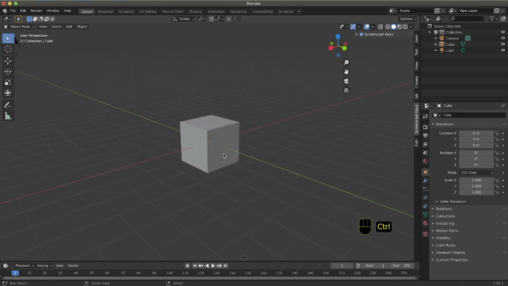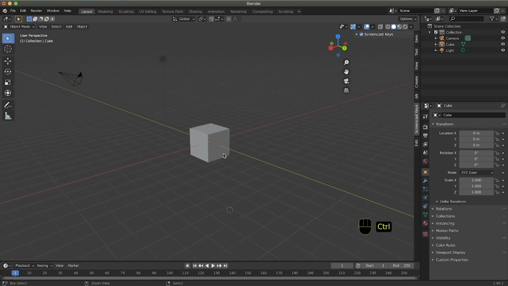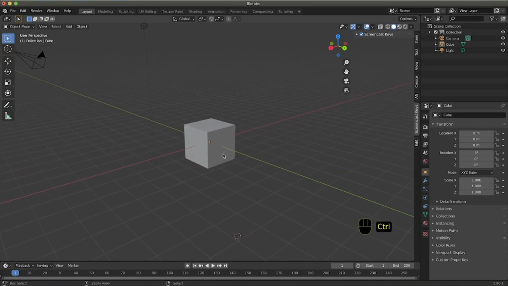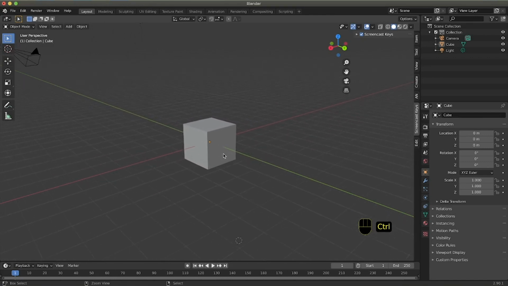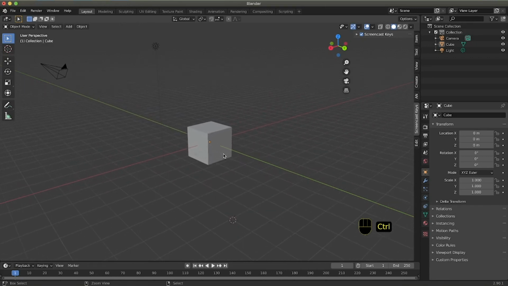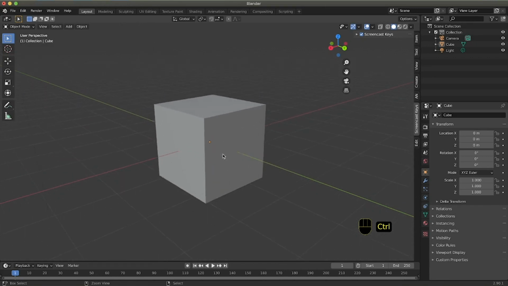If you want to zoom, what you have to press is Ctrl using the middle mouse button or the sensitive area. In this case, I am pressing Ctrl on my keyboard and moving, zooming in and zooming out.